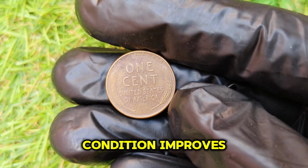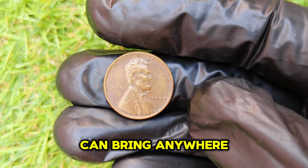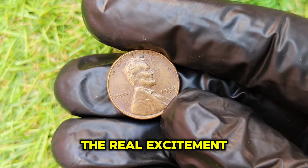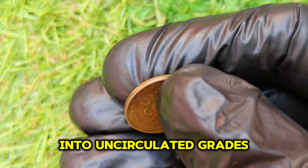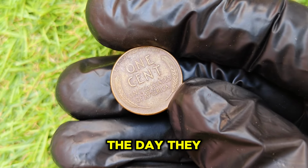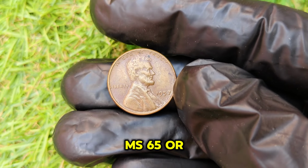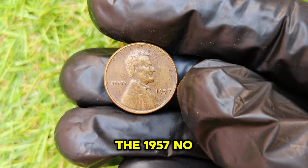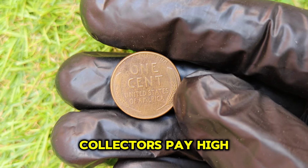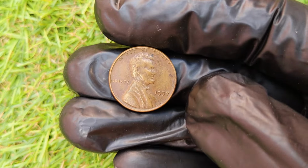However, as the condition improves, so does its price. Coins graded extremely fine can bring anywhere from 20 cents to $1, depending on their sharpness and shine. The real excitement begins when we move into uncirculated grades, coins that have never been used and still retain that fiery red brilliance from the day they were struck. In mint state, MS condition, especially grades like MS 65 or higher, the 1957 no-mint mark penny can command impressive prices. Collectors pay high premiums for coins that show vibrant color, no scratches, and full definition on Lincoln's portrait and